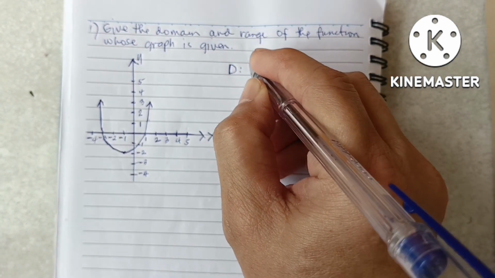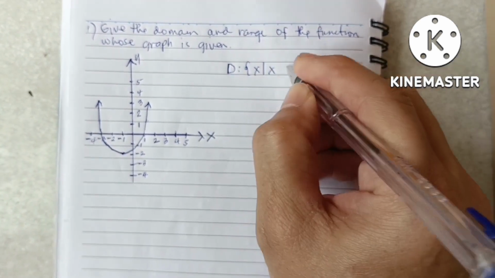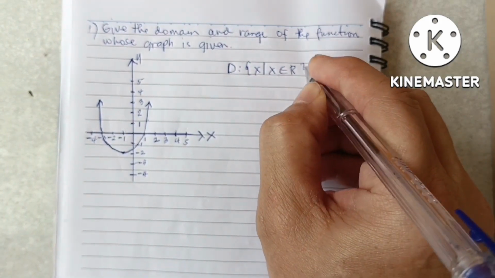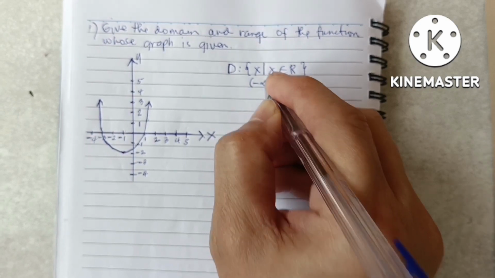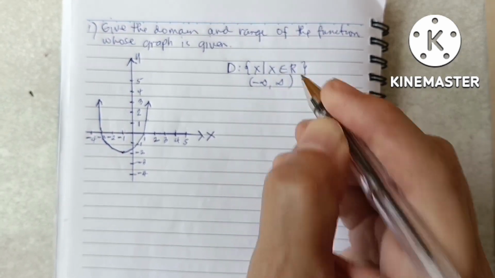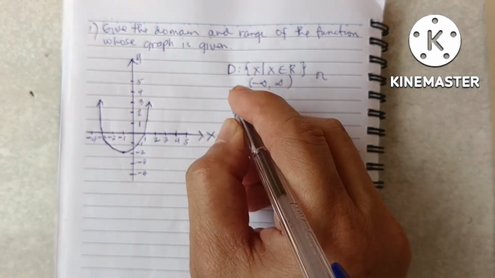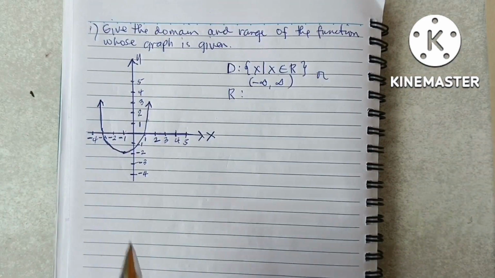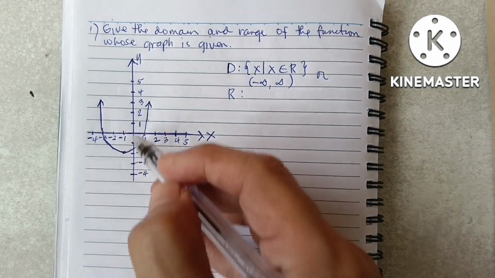Okay, so how do you write that? In set notation, the set of all x such that x is an element of R. Now, in interval notation, that is from negative infinity up to positive infinity. Okay? Now, for the range naman, kung sa domain ay lapad ang tinitingnan natin, sa range naman tinitingnan natin yung